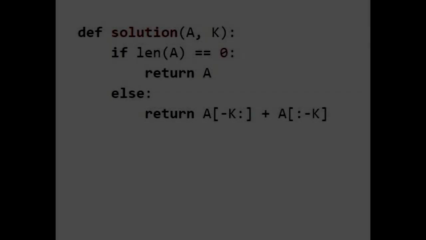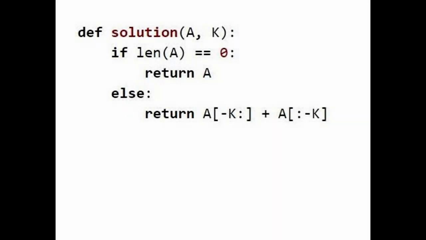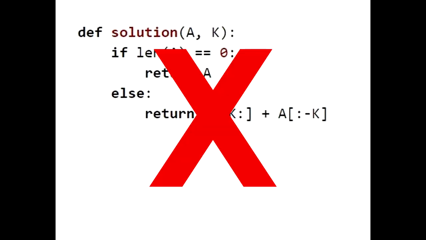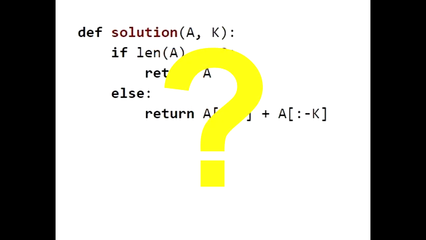So in that vein, I just went ahead and wrote the code taking off K amount of numbers, which is 3, off the front and adding them to the back. Simple, right? Wrong. Can you guess what I failed to write here? It still got me 75% score, but it wasn't good enough for 100%. At the end of this video, I'll reveal the missing portion of code. See if you can figure it out as a test of your own knowledge.